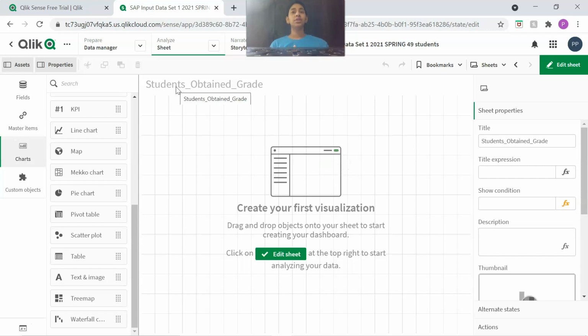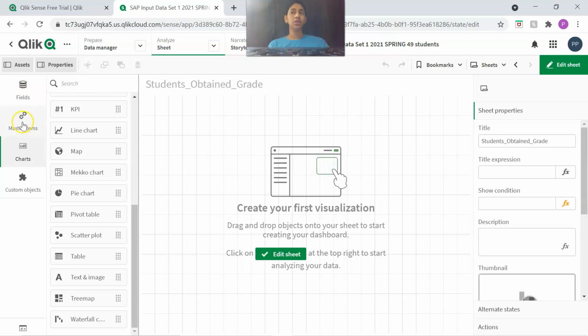So assume, let's say 60% of students got A grade. So to find the percentage of students with respect to grades, first we need a final grade column. So let's create a final grade column.